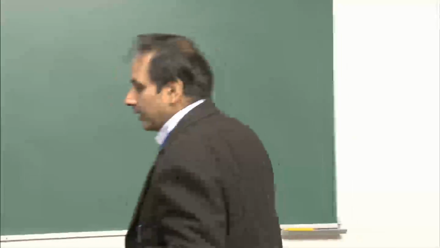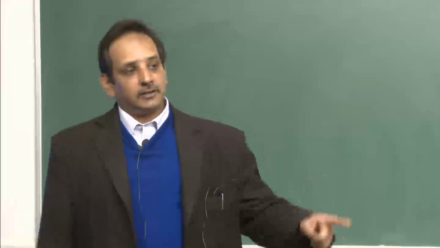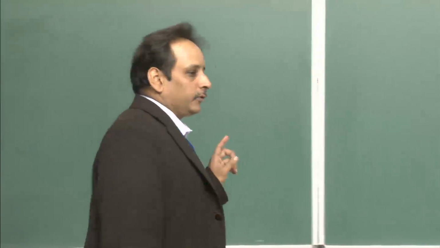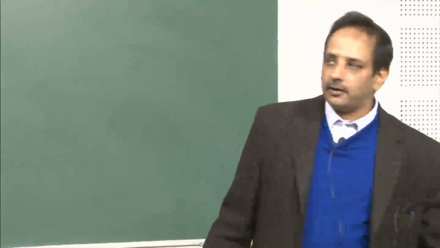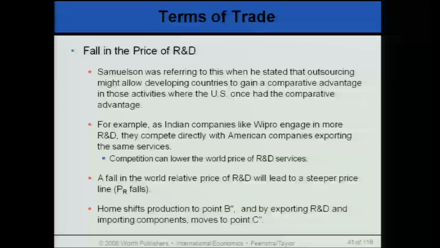So technological progress takes place in the sector in which it did not have a comparative advantage. As a result, foreigners' terms of trade, or the developing countries' or the Indians' terms of trade goes up, the US terms of trade falls. As a result, they lose,